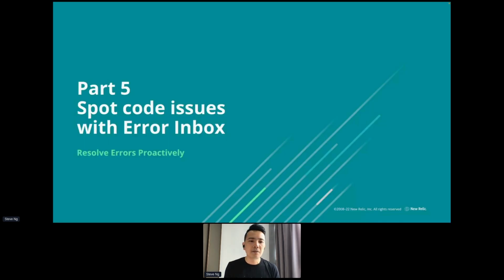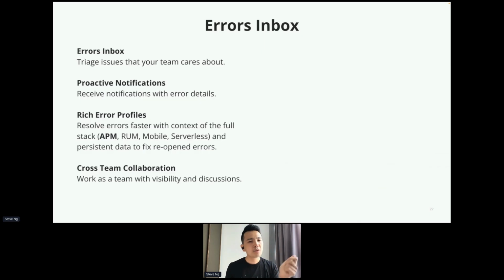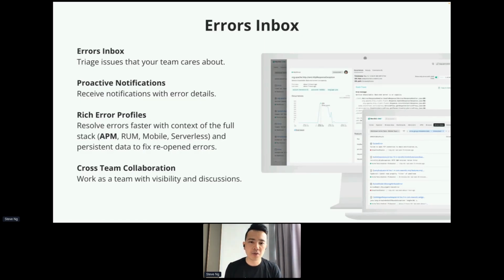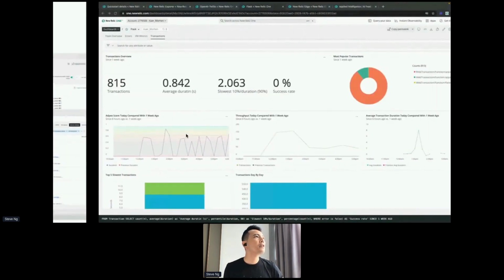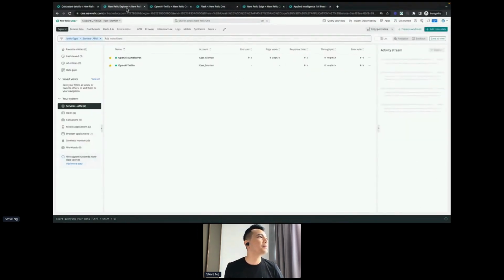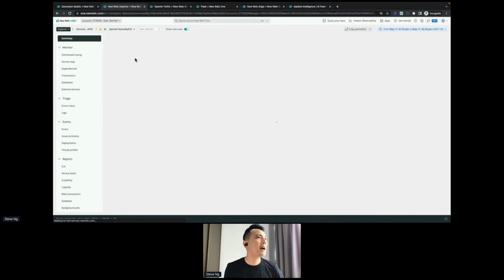Now, I talk a lot about tracing, but ultimately, a lot of engineers always want to look at errors. Within New Relic, we have this concept called error inbox to harvest all the errors that are being generated by an application itself. And the best way to show you error inbox is to show you what it looks like. Now, if I go back into my application right here, if I go to name my pets,